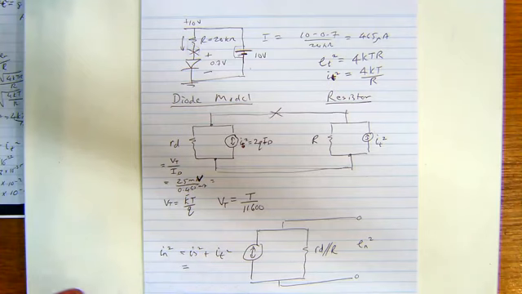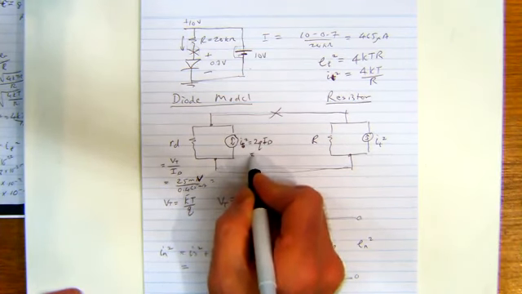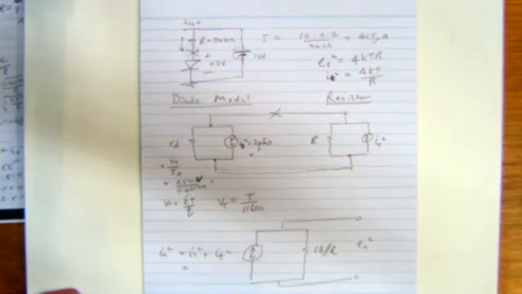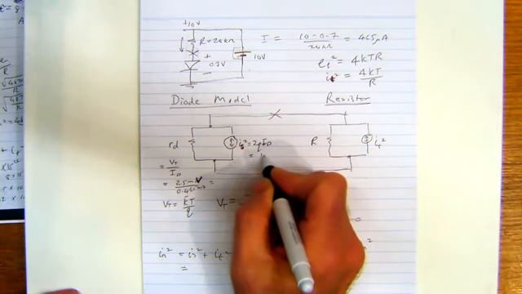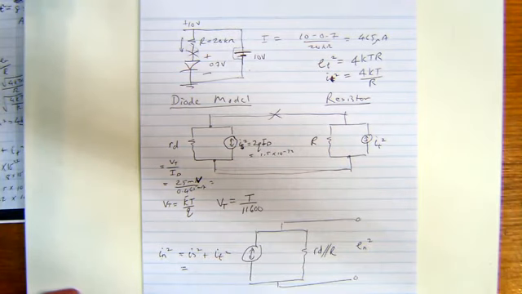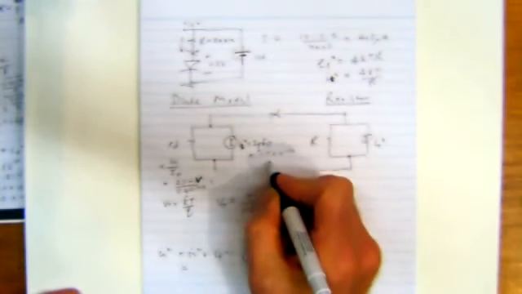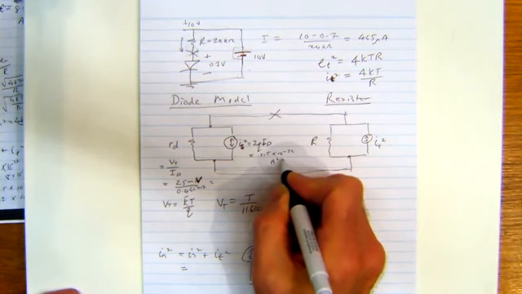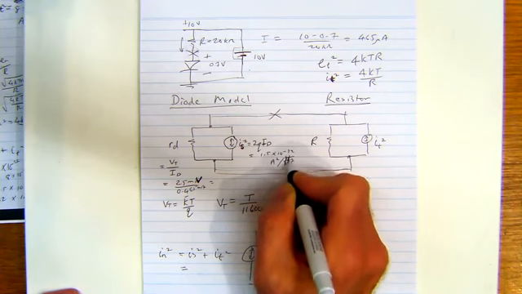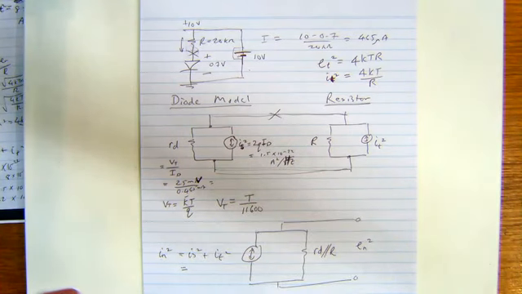Anyone got a value for this? The sum of the two? Well, did anyone get a value for the shot noise here, for starters? 1.5 times 10 to the minus 22. And the units were amps squared per hertz, yeah, not per square root of hertz. Good. Yeah, it's terrible. Alright.